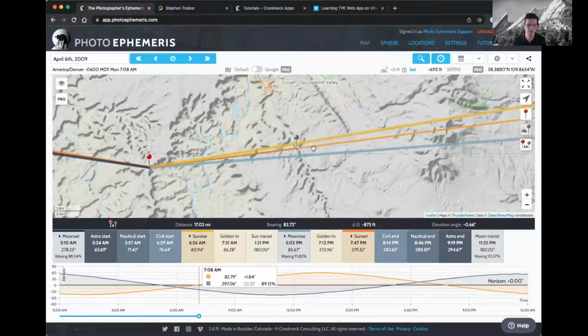So the way it works is look at the map, see what the obstacles might be, think about what shot you might want to look at. You're saying this is a morning location. I can see the terrain falls away to the east, but I have some potential obstructions. So you can explore those with geodetics. Look for the elevation angle. Look for the time of sunrise or the time of day that matters to you, and then compare the altitude of the sun or the moon with the elevation angle that you're getting from the measurement, and you'll know whether it's going to be above or below the